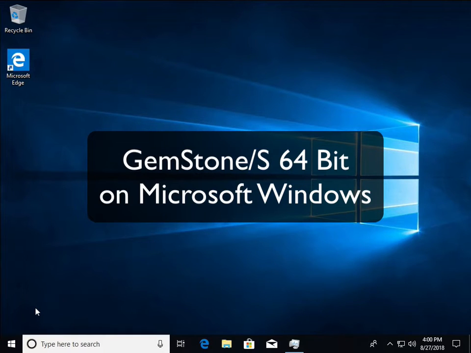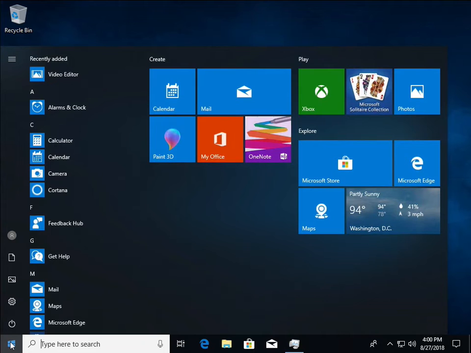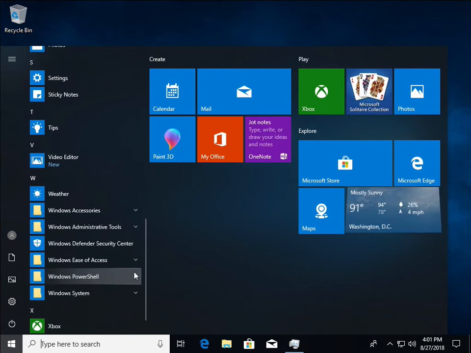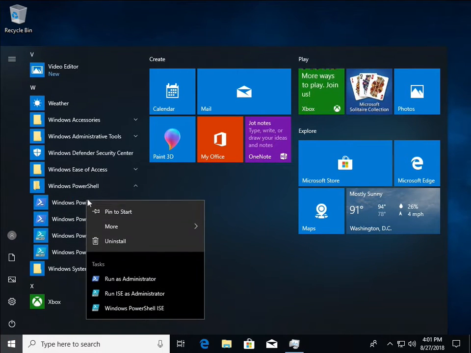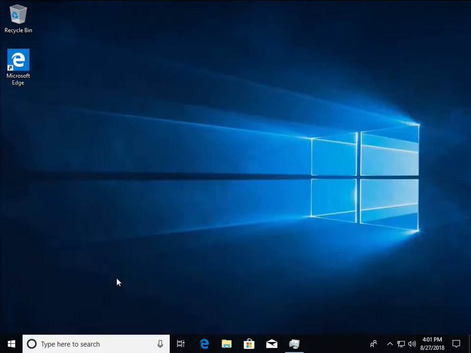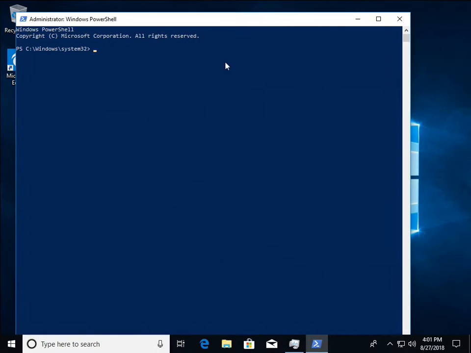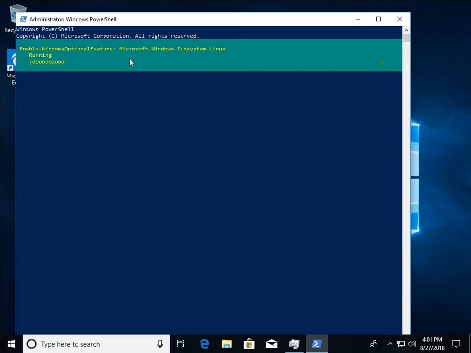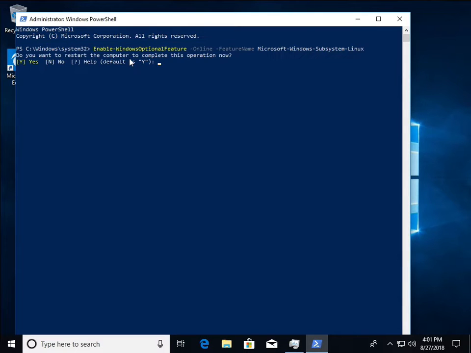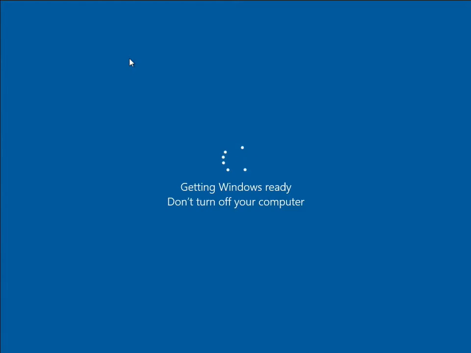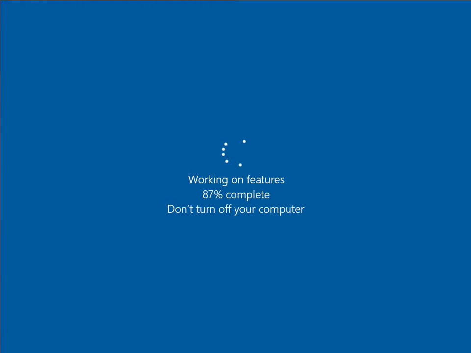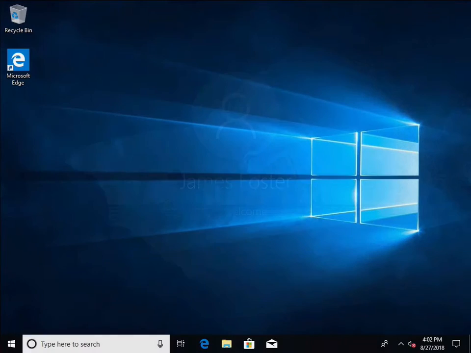To run GemStone 64 on Windows, we'll use the Windows Subsystem for Linux. First, we need to enable that feature. Using PowerShell, we run as administrator and enter the command Enable-WindowsOptionalFeature for the Windows Subsystem for Linux. When that completes, we'll accept the restart, and when we're back logged in, we'll use the Windows Store application